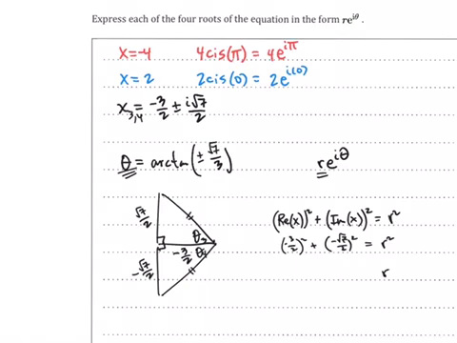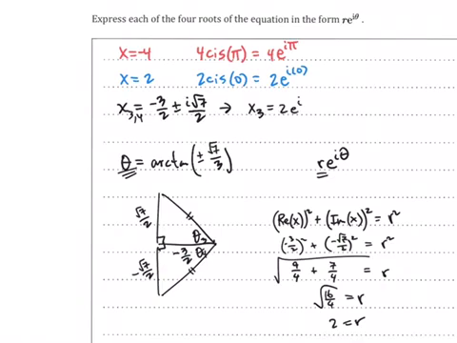Okay, and r will be the square root of all that good stuff. So if I square that, I get 9/4. I square this, I get 7/4. This is going to be really awesome because I get 16/4, which is 4, so r equals 2. So it looks like x sub 3 and x sub 4, if I put them into r e to the i theta form, will end up being, x sub 3 will end up being